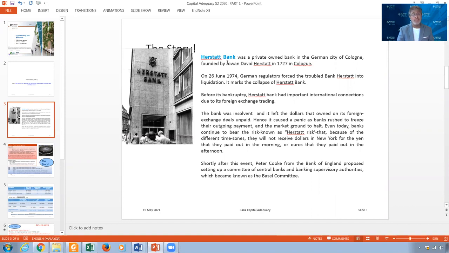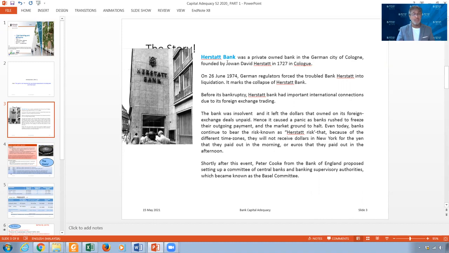Now, in 1974, and it was on a Friday, there were some transactions and exposures of this bank, Herstatt Bank, to the American banks. Because of the time zones, there is always